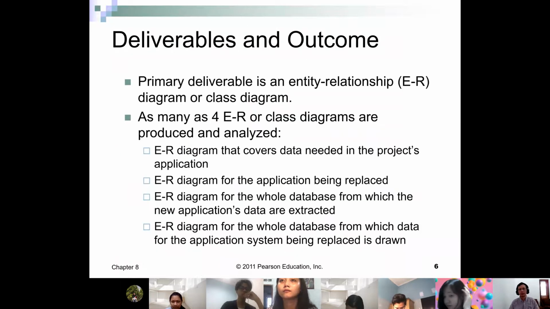We'll start. The tool used to draw or create a data model is called the entity relationship diagram, or ER diagram. You probably still remember this from your AIS class or MIS class.